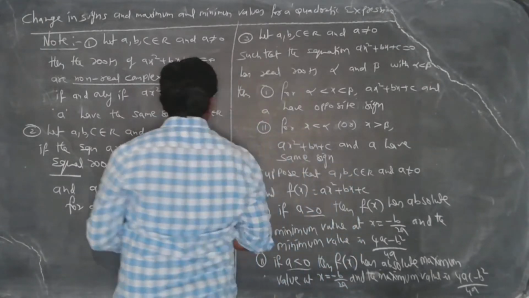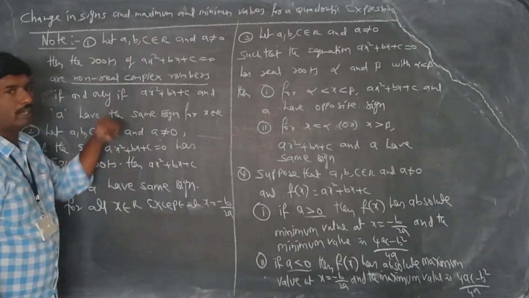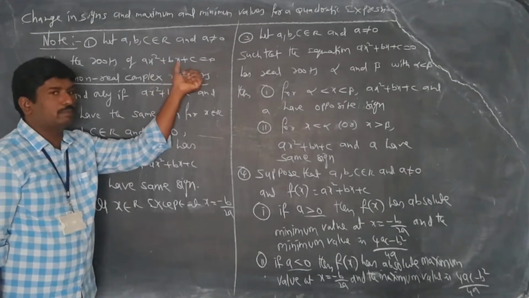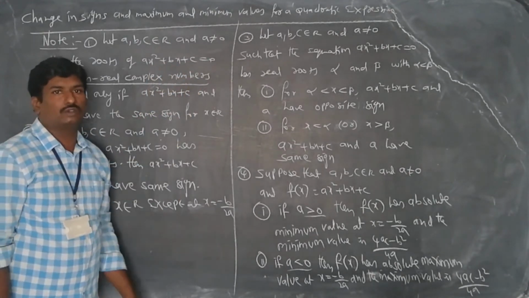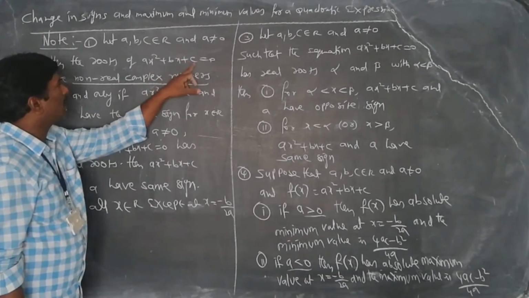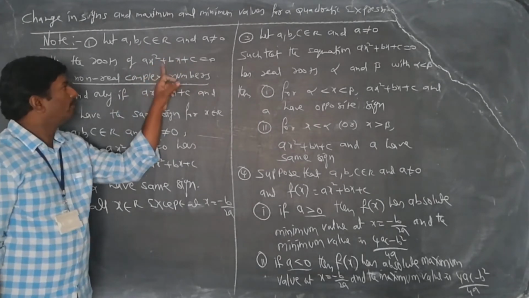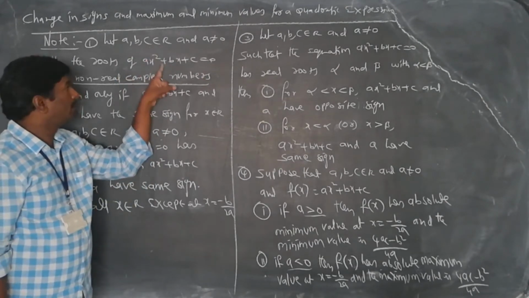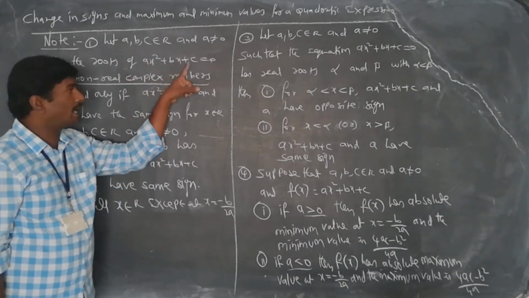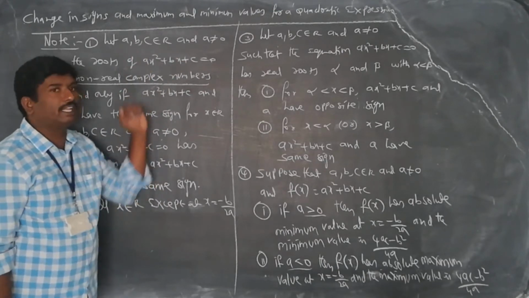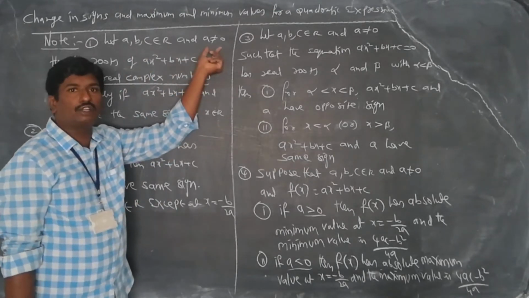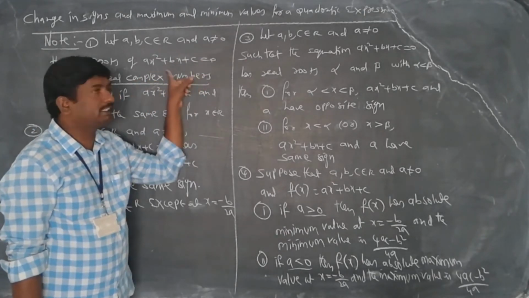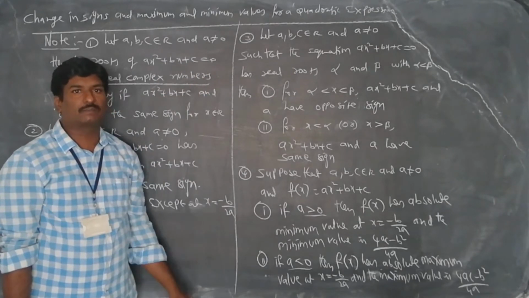See here in the first point, what are we saying? Here we are taking a quadratic equation ax square plus bx plus c is equal to 0, where a, b, c are real numbers. What are a, b, c? They are the coefficients of x square and x, and c is the constant here. So they are real numbers. And a is not equal to 0, that means the highest degree coefficient can never be 0. Then only we say that this is a quadratic equation, right?